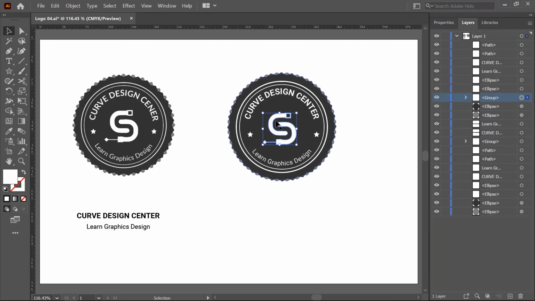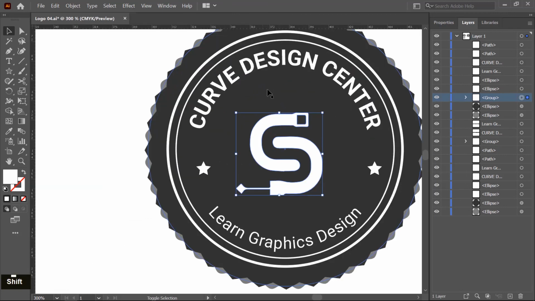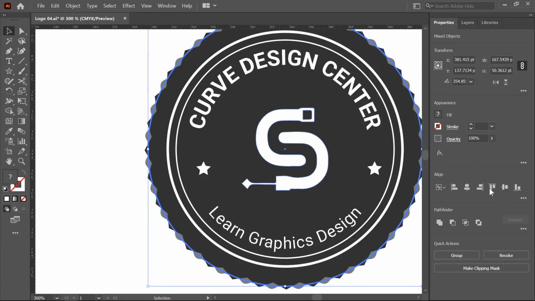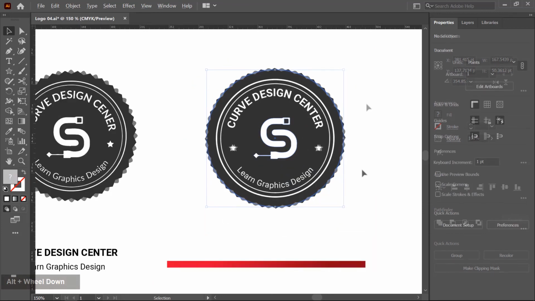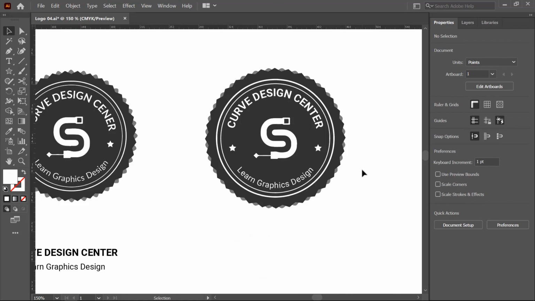So it's visible here. Now I press the Shift key and then click on this gray color shape and then click again on the shape to lock the position, and then horizontal and vertical align to the center. Logo design is complete. I hope you learned how to place text on a curvature path. Now we meet in the next class.